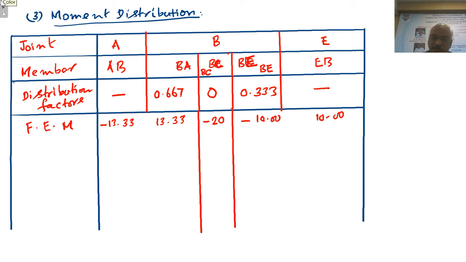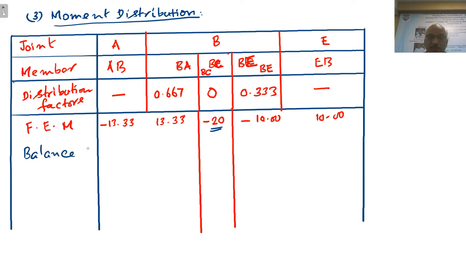Right. Now this value we cannot touch. So this value is standard value. Right. For the given span and loading it is minus 20 only. Right. Now next is that of balance. Balance or distribute. It is moment distribution method. So distribute is correct, or we can say we are balancing the joints. So balance is also correct. So balance.